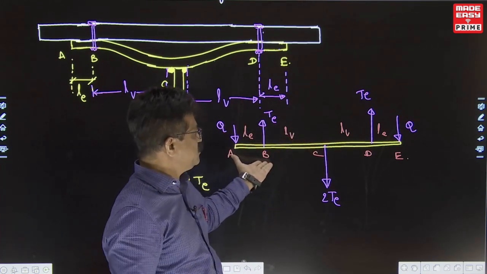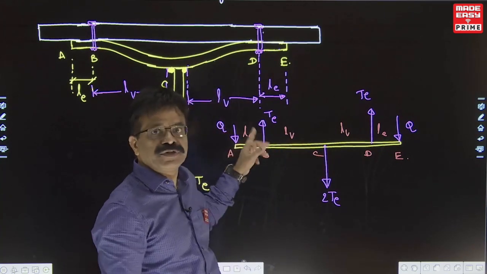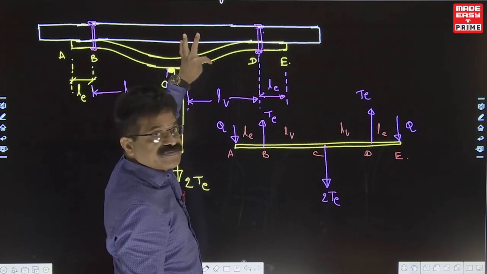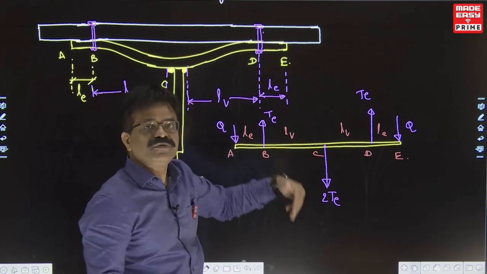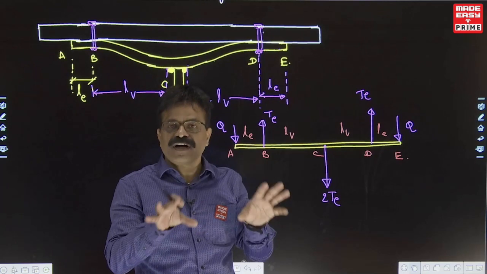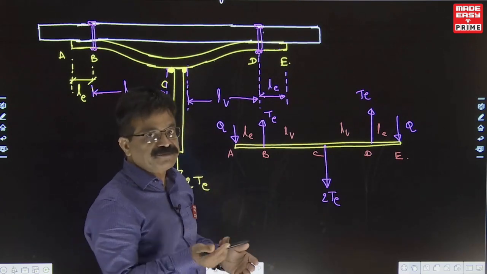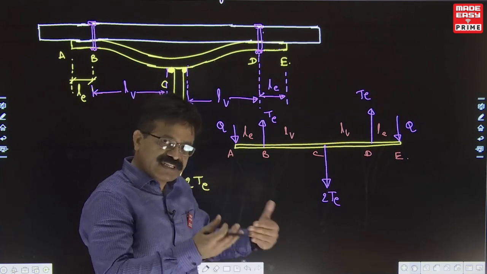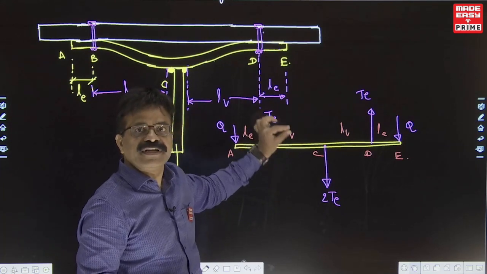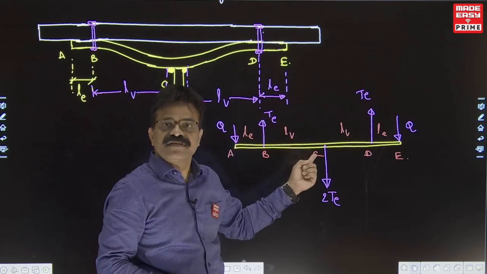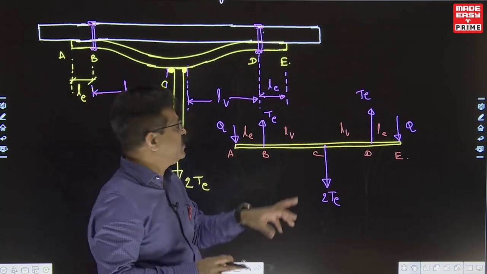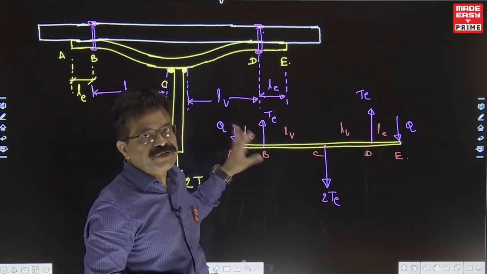Now, because it is an indeterminate structure, the reaction Q depends on the stiffness of the connecting element. What is the stiffness of this? What is the stiffness of that? Depending on that, the value of Q will change. So, for the Q force, the codebook has given one approximate empirical formula, derived based on the flexibility of the connecting elements, depending on the thickness of the plate, the Young's modulus, and the yield stress. All the influencing factors have been added to give an empirical formula to find Q.